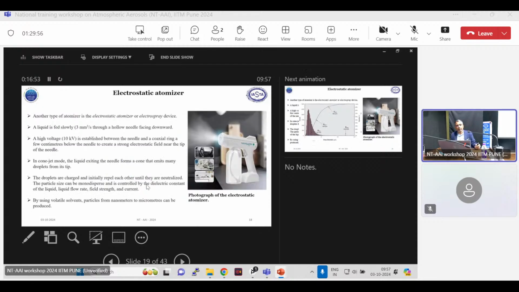And then another generator is the electrostatic atomizer. Here, as I told you, a high potential field is applied at the tip of the generator where the liquid droplet is coming, and when the droplet bursts, it has a uniform charge. Because of the uniform charge, each particle will repel the others, so they will be homogeneously distributed. And this type of aerosol generator became very famous recently, during the COVID pandemic, to decontaminate surfaces,